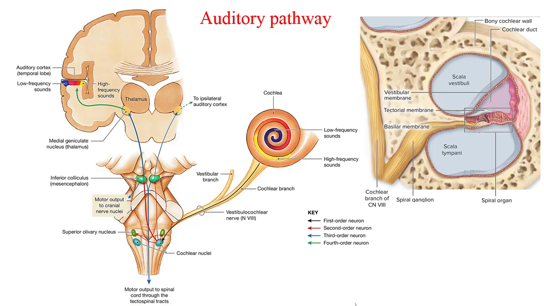Other collateral fibers exiting the cochlear nuclei will synapse in the superior olivary nucleus within the brainstem. The superior olivary nucleus is involved in localizing the source of a sound. Before reaching the cerebral cortex and our conscious awareness, ascending third-order fibers from the inferior colliculi will synapse in the medial geniculate nucleus of the thalamus. And finally, fourth-order neurons then exit the medial geniculate nucleus and deliver the information to the auditory cortex of the